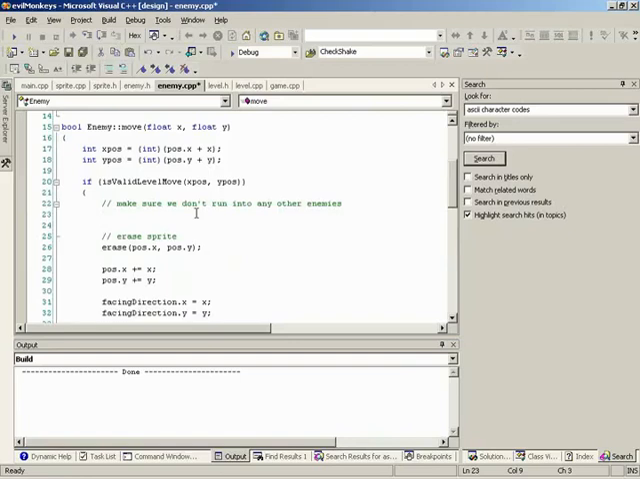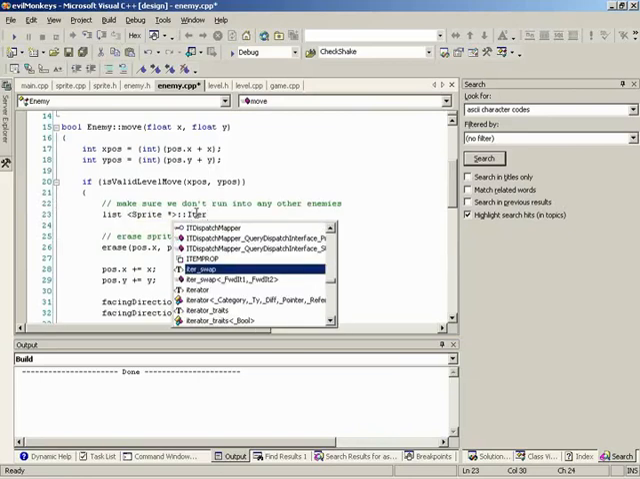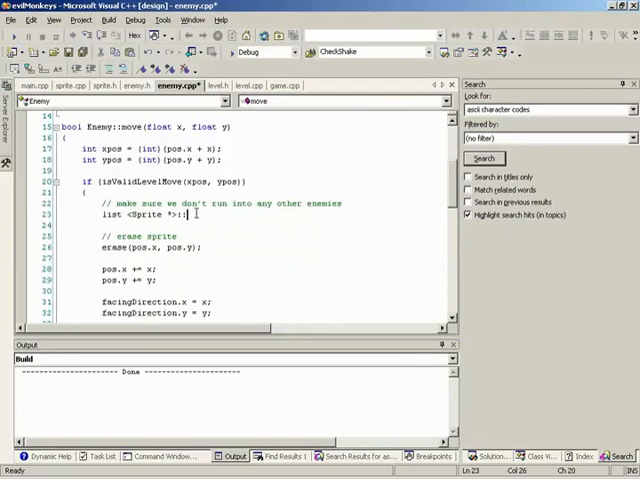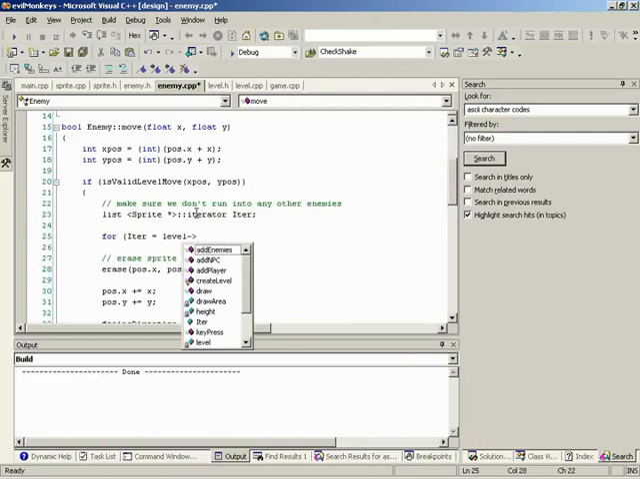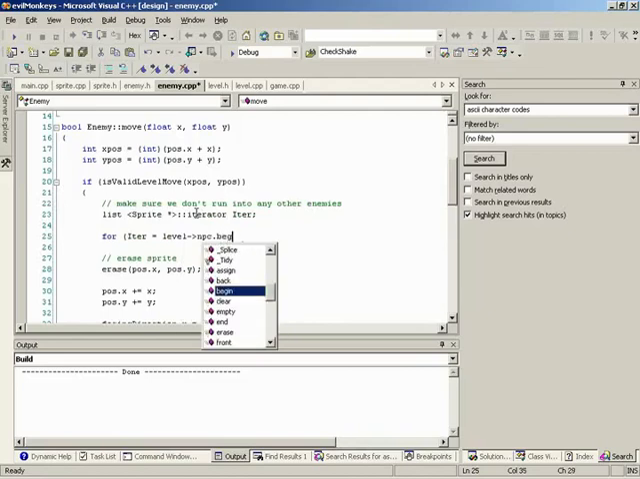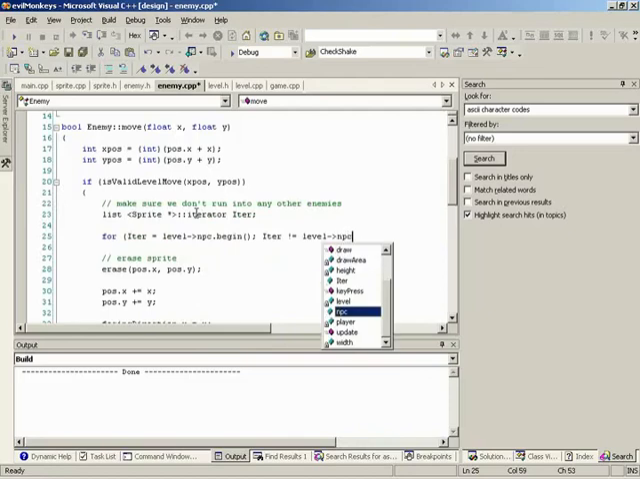Yeah, dude. So what we need to do is loop through every single enemy and make sure that we don't bump into any of the other ones, right? So we're going to create a list, sprite pointer, and we're going to just declare a local iterator. Not iterator swap, just iterator, iter. And create our for loop just like we did before. Inside our level we have the variable NPC, which is a list. And we're going to say begin, just like we did before, and while it does not equal level pointer NPC dot ending,